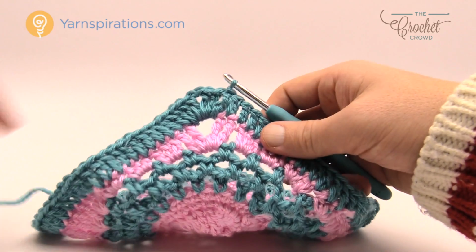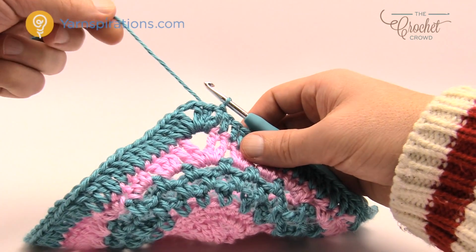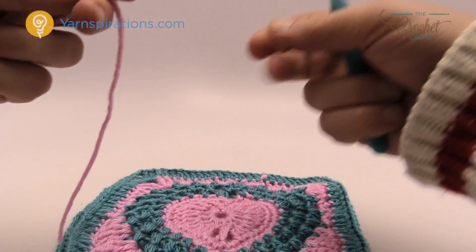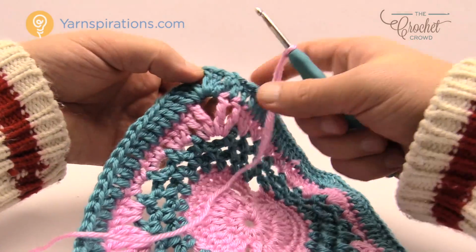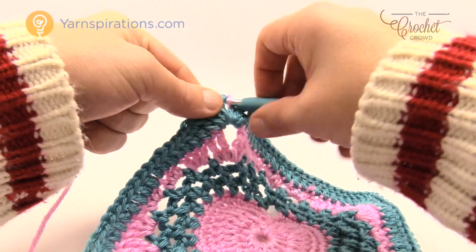So let's continue. I'm gonna fasten off and then I'm gonna start again in the corner and double crochet once again all the way around. Let's begin another revolution of double crochets. You can start in any corner the way I'm about to start and it's exactly the way I did it before. So we're just gonna go into a chain 2 space, just join